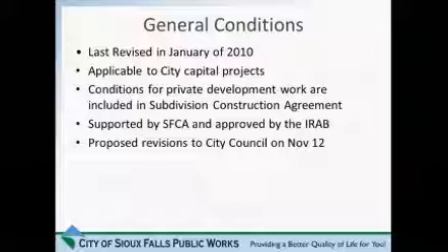The changes to the general conditions were presented to the Sioux Falls Contractors Association, and we worked with them to discuss these. They do support the changes as you have them today. We also took them to the Infrastructure Review and Advisory Board, and they supported them as well. Once again, we'll ask for your support today to take these to the full council on November 12th. With that, I will turn it over to Brad Ludens, who has led this big effort.